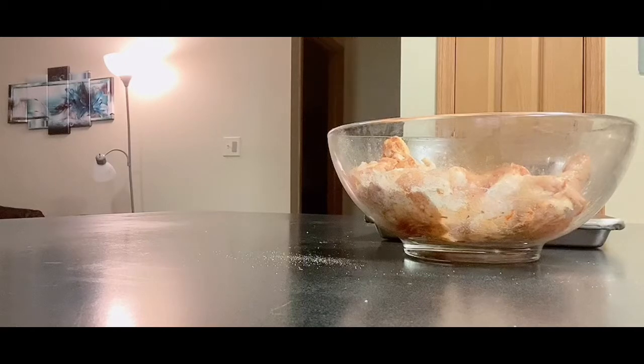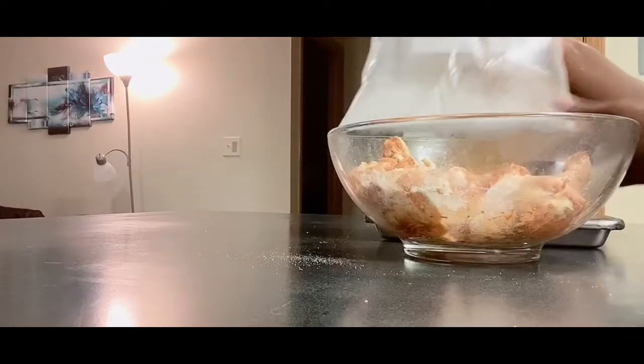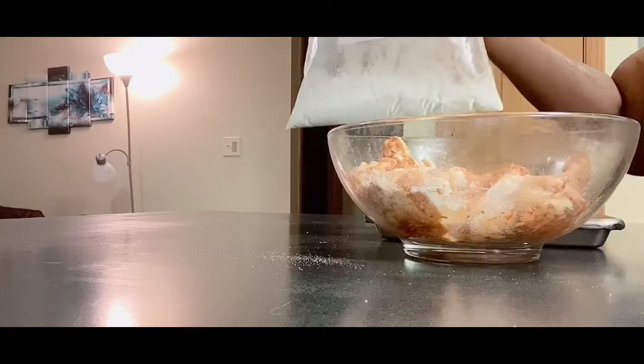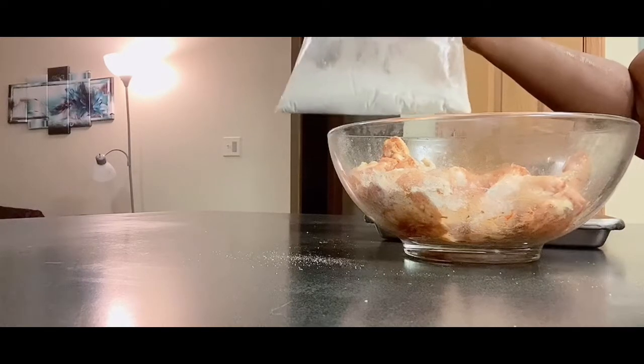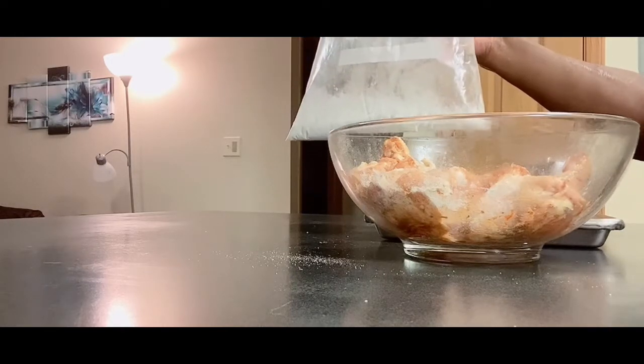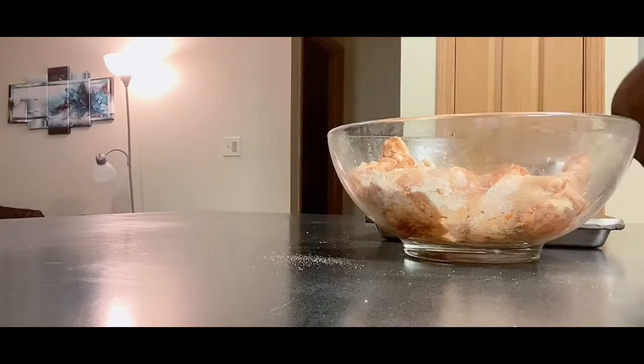So what I did is that I added a little cornstarch and flour in this sandwich bag here. As you see, I didn't use a lot because I'm putting it in the oven. I don't want it to be a lot, but I put a little bit more cornstarch because I want my chicken to have a crunch on it. So what I'm going to do,